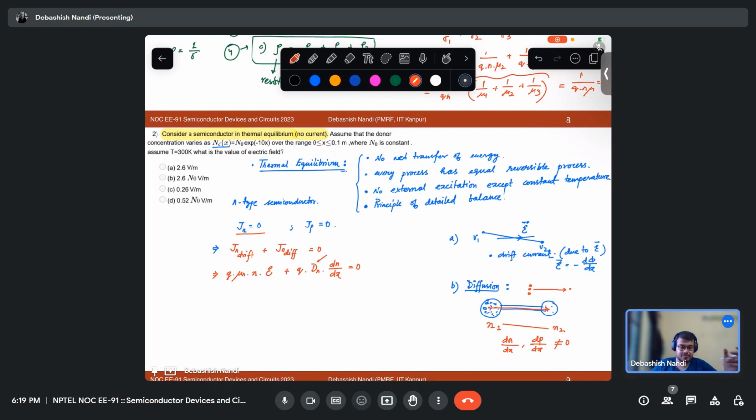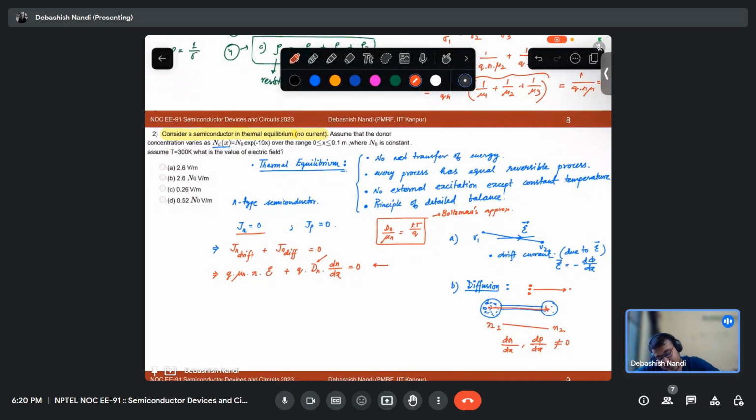Okay, what is Dn? It is nothing but a constant, which you may call the diffusion constant. It is similar to your mobility, and these two are related by Einstein's relation, right? Dn over mu n equals kT over q. This relation is valid under the Boltzmann approximation only, or Boltzmann's distribution only. Remember that it is not valid if we take the Fermi-Dirac distribution to calculate n and p. So this part we know, this equation.